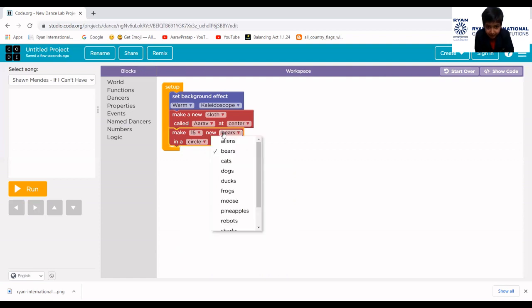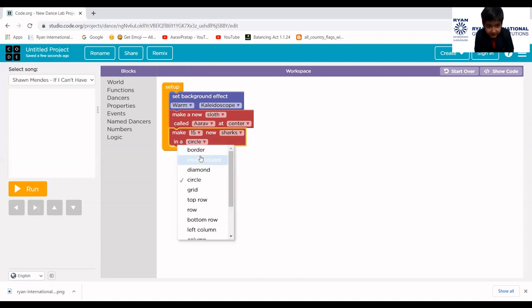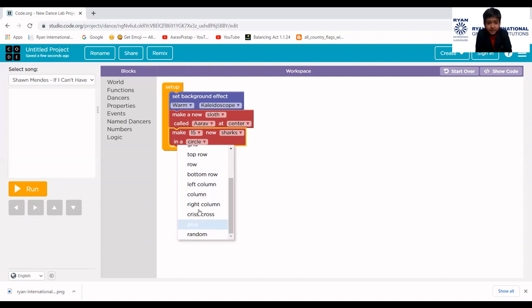New bears. No, I will not choose bears. I will choose sharks. In a border, inside, square, diamond, circle, grid, top row, bottom row, left column, right column, cross, plus, random. I will choose border. Now let's see.